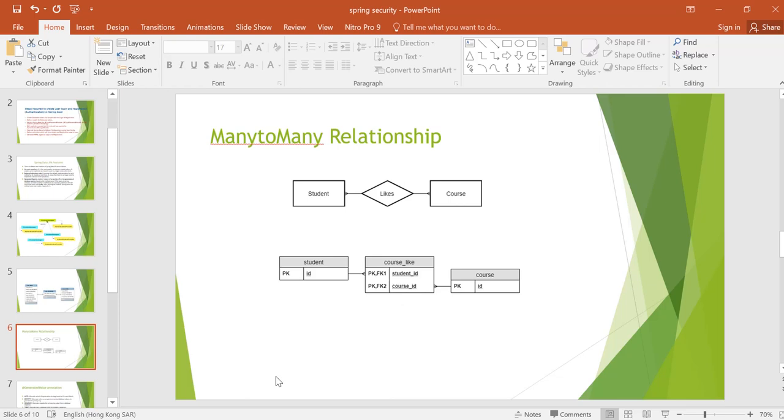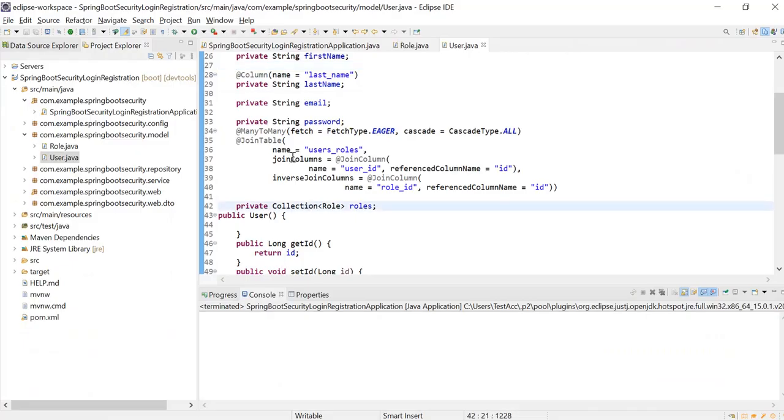For that, here I'm creating the user's roles by joining the ID column of the user table and the ID column of the role table. So this is the user ID and role ID.